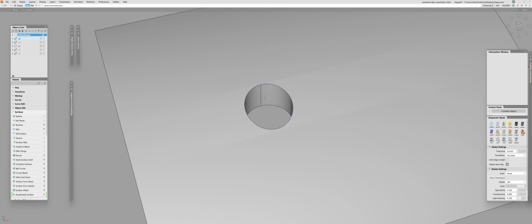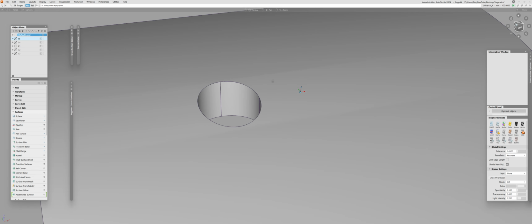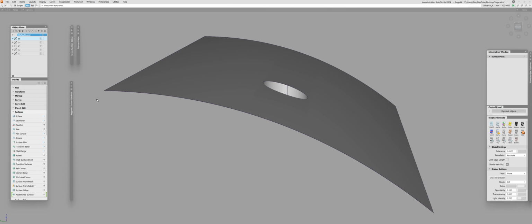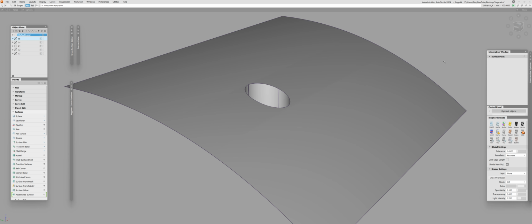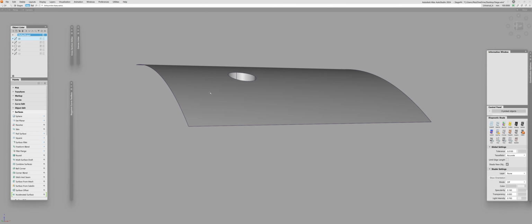But issues like that you can spot everywhere, not only in Alias, but in Rhino, in the NX family, in ICEM, you name it. So the specific reason for this issue, as I said, is that there is just not enough curvature to operate with to properly tessellate. I can predict that what happened here is that the surface is curved only in one direction. We have a lot of polygons in, let's say, I don't know, the U or V direction, doesn't matter, in one direction, and very little in another, which means we're going to see these lines where the Boolean operations happened. And as you can see, I have a Boolean operation here, and I basically cut this